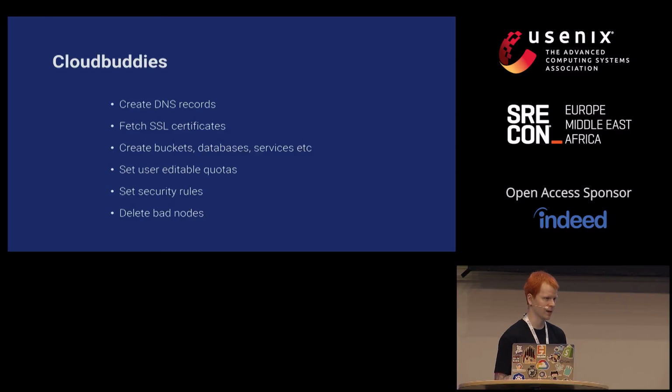And last is those dependencies. I'm going to touch more on this because this is the most exciting thing for me personally about Kubernetes: those custom controllers. We created a framework called Cloud Buddies. Cloud Buddies is just our internal term for custom Kubernetes controllers. So we created the same thing that I've seen at least 5 other companies do, which is looking at ingresses and creating DNS records. Based on that, we also fetch SSL certificates. We create buckets with those custom controllers, databases, services. So all those dependencies that the developers might need, Redis, memcached, whatever.